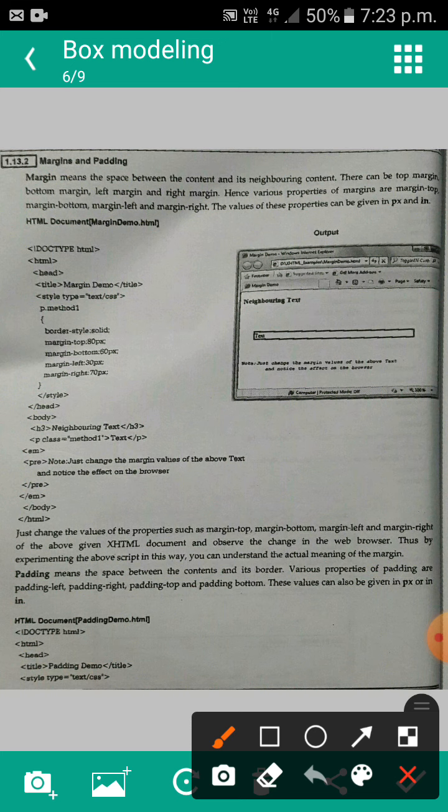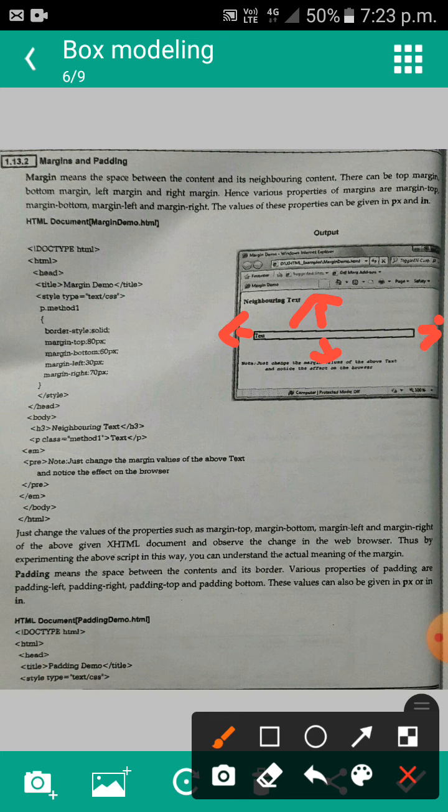This is the top margin, bottom margin, right margin and left margin. So just change the values of the properties such as margin top, margin bottom, margin left and margin right of the above HTML program and observe the changes in the browser.